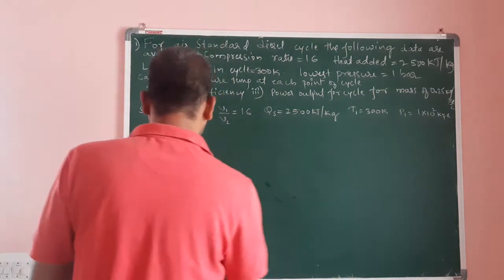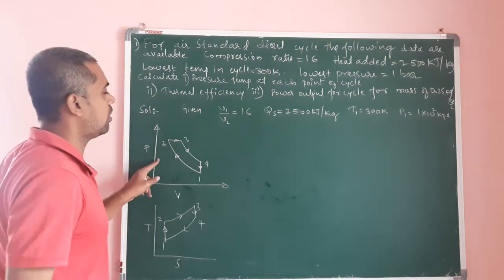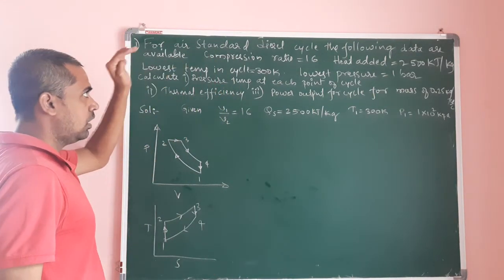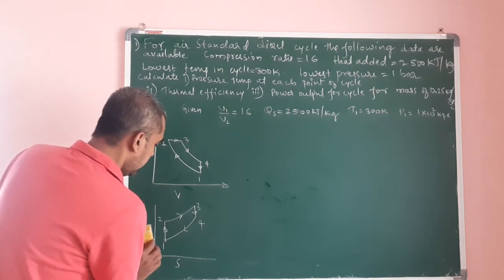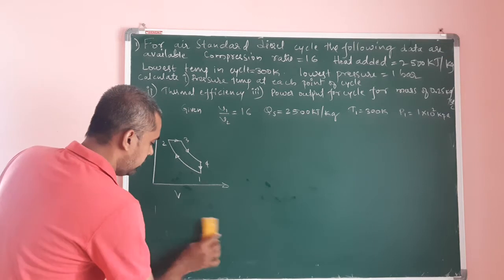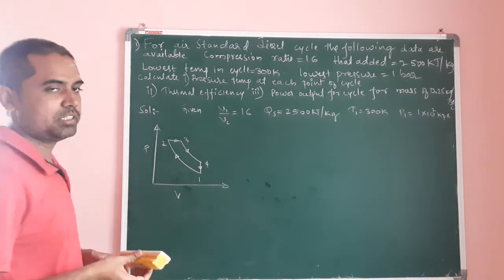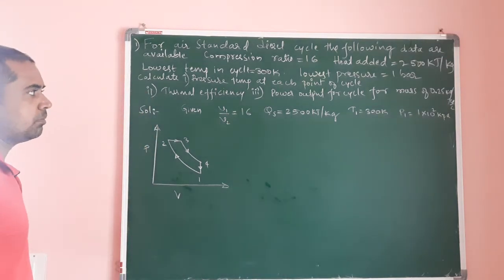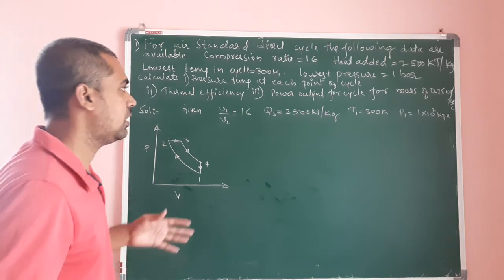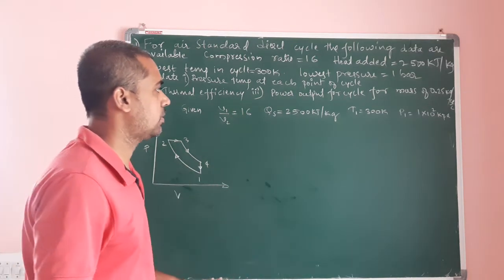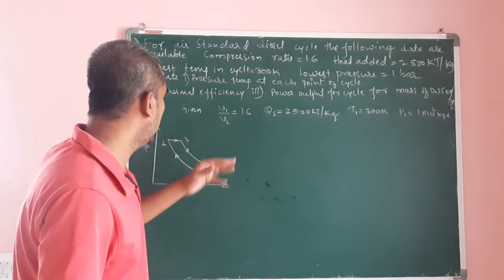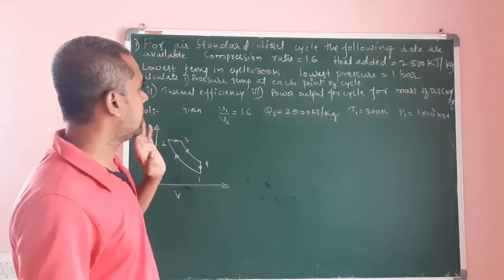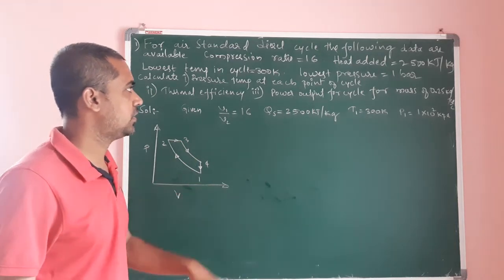Now, the TS diagram is not necessary. If you draw the PV diagram for this problem, it is sufficient. But the PV diagram is necessary. Without drawing the PV diagram, even if you solve completely correctly, you may not get any marks, because it doesn't make any sense if you write V1, V2 without drawing the PV diagram. Therefore, always draw the PV diagram. That is the first point.